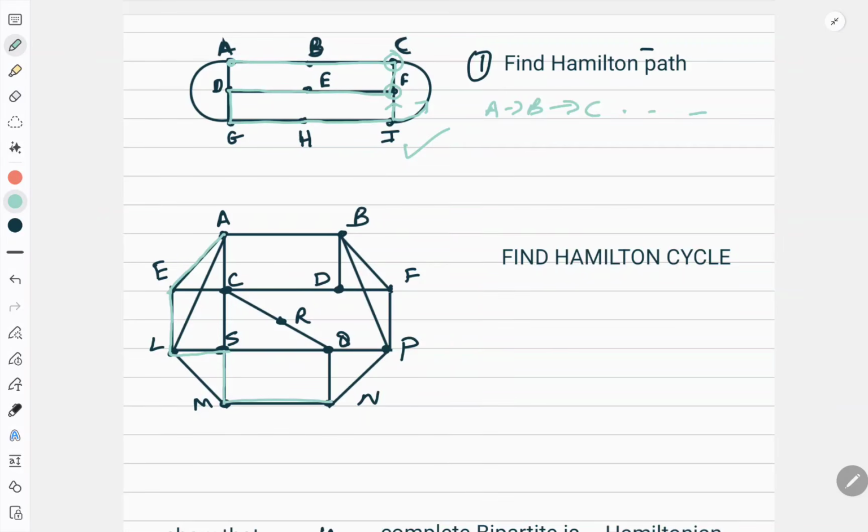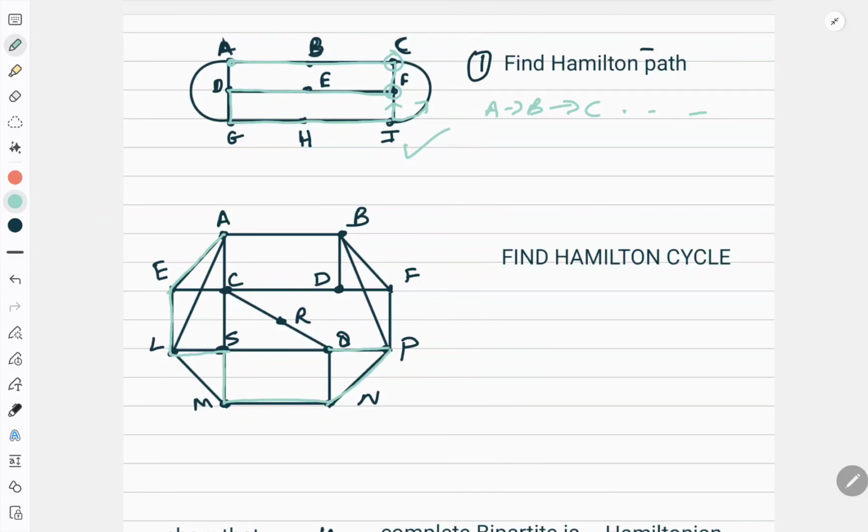Now from N to P I can go to Q also. But here I will have 4 options. So better I'll go to P first. From N, let me go to P. Okay, and then from P, let me come back to Q because inside also I need to enter.